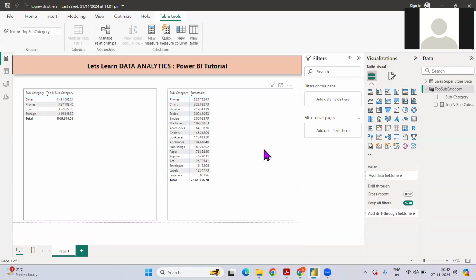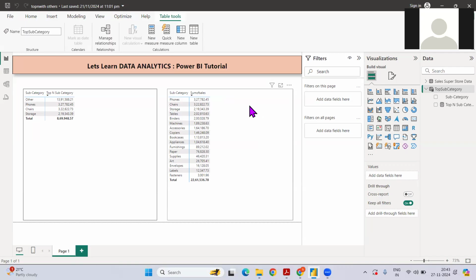So let's say I was recently working on revenue growth management, where we have too many categories in a product. When I have too many categories in a product, the stakeholder asked me to just show the top three categories and club the rest of them into others. We did it in Python, which is quite easy to do. But here I was thinking, can we do it in